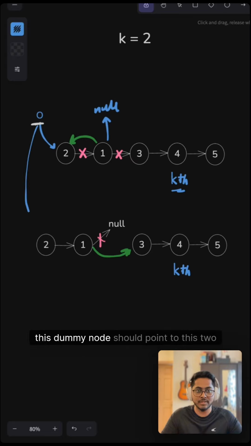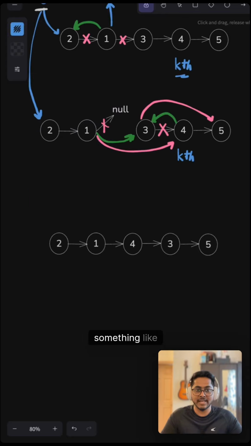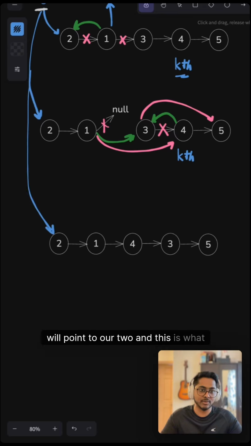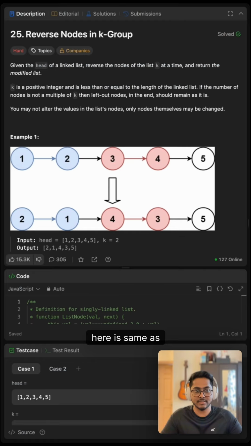Also, this dummy node should point to this 2 right here. Similarly, we will break this link and reverse these two in such a way that our 3 should point to 5 and 1 should point to this 4 right here. And this 4 will point to 3. So overall, it will look something like this and our dummy head will point to our 2, and this is what we will return. And if you see, the result that we got here is the same as this result right here,